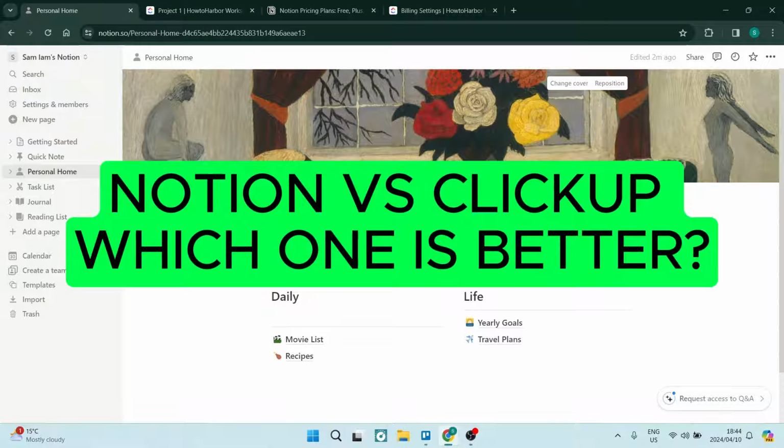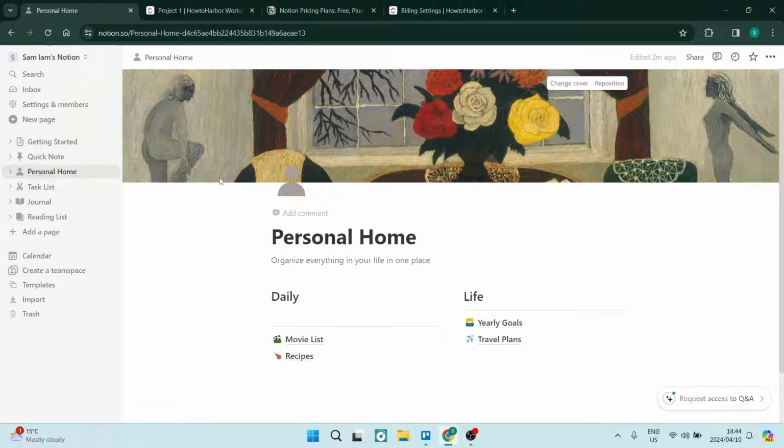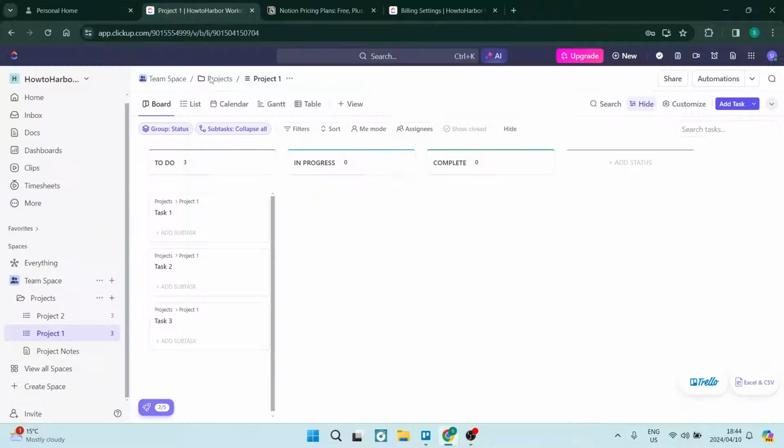Notion versus ClickUp. Ladies and gentlemen, the battle of management tools. How do they fare against each other? So we're going to jump in and have a look at Notion. We're also going to have a look at ClickUp, and we're going to go through a few things such as